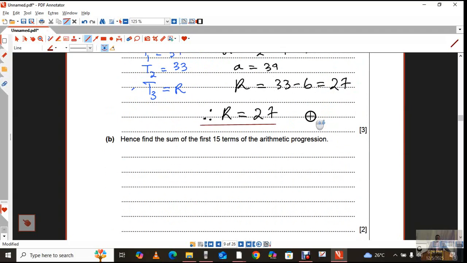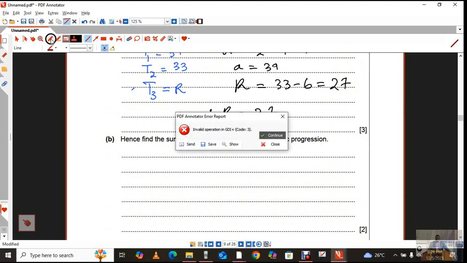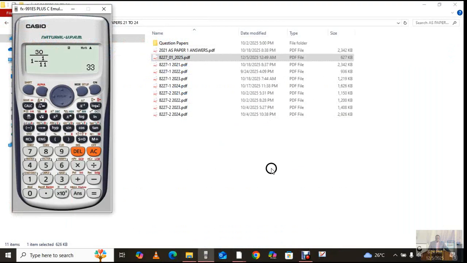Right. There is a B part. Now they're saying, hence find the sum of the first 15 terms of the AP. Here we go again. All right. So now that we know what the AP is,